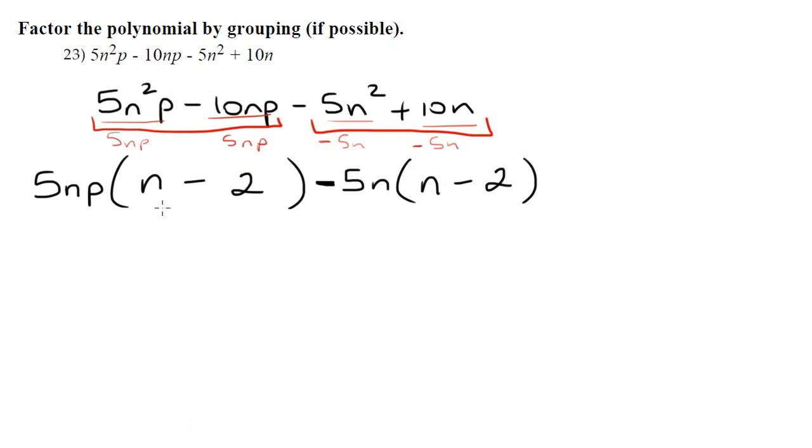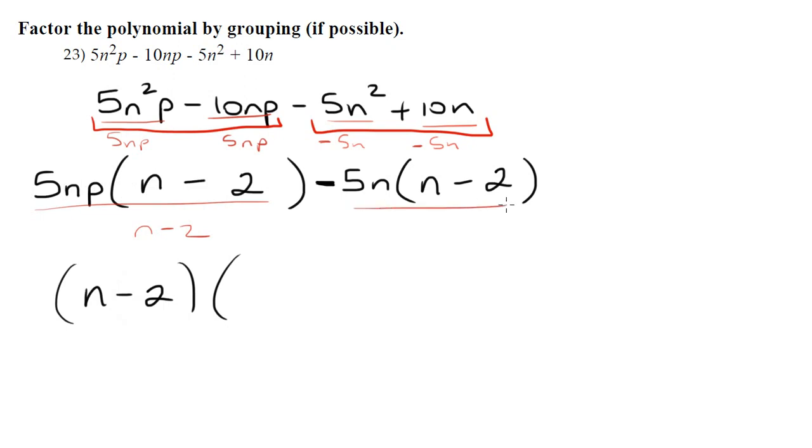Now I need to factor out. You see, so I have 5np times n minus 2 minus 5n times n minus 2, so I can factor out that n minus 2. So I can factor out that n minus 2. And if I divide each of these terms by n minus 2, you can see what I'm left with. This cancels. 5np minus